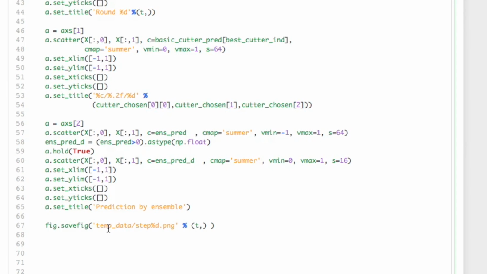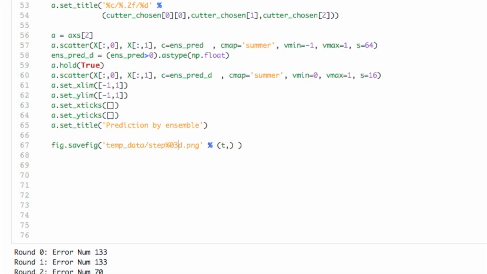But because there are many steps, a good idea is, instead of using step 1, step 2, step 3, we better use step 001, 002, 003. In this way, the file names are neat. The trick is to format the string, use 0, 03, that means 03d. Okay, and